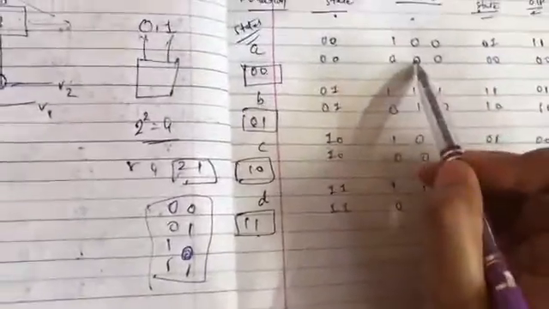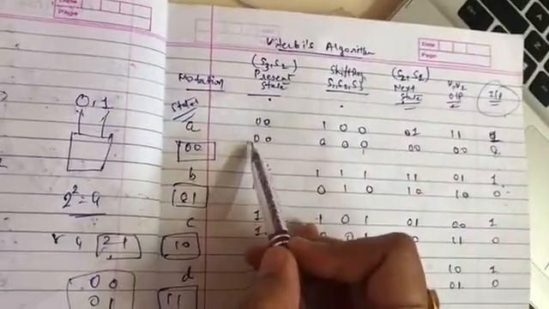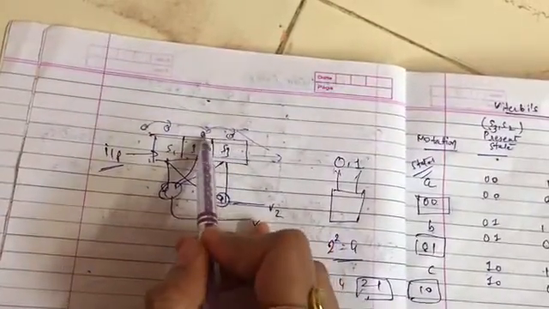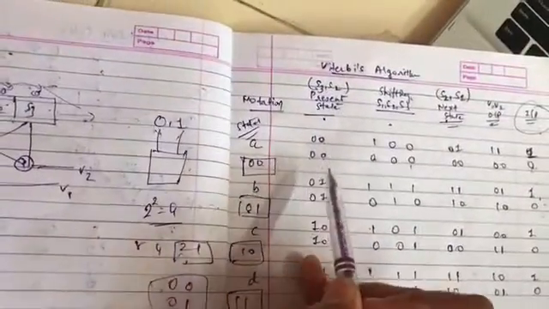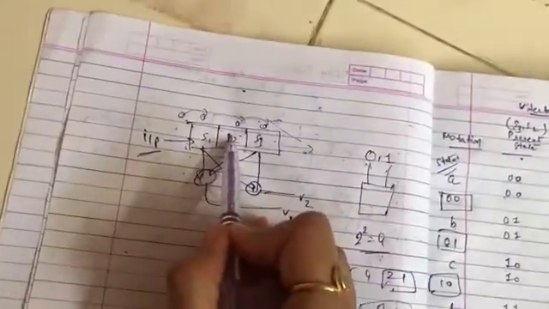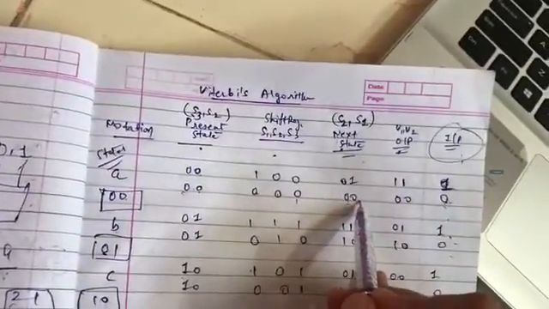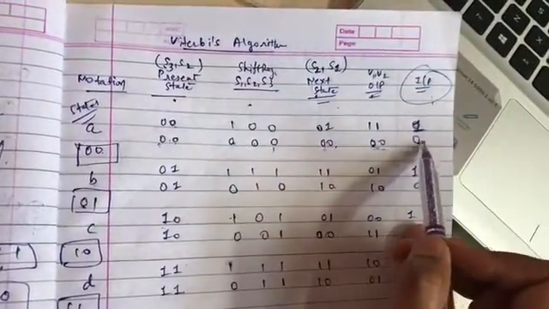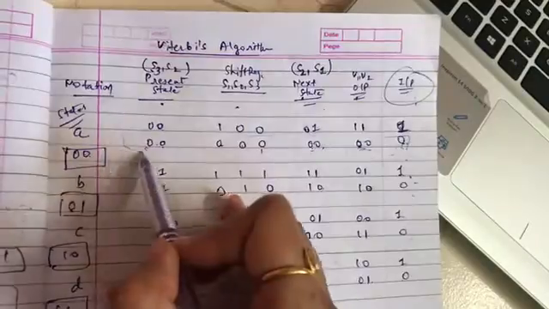For the 0 0 0 state, your present state will be 0 0, as I mentioned, S3 and S2 bits are your present state. Both are 0 0, that is why your present state is 0 0. Your next state is S2 and S1, which is 0 0. That is why we write the present state 0 0. Now output. If there is no 1 in the XORing, your output will remain 0, so the output is 0 0. So this line has been completed.